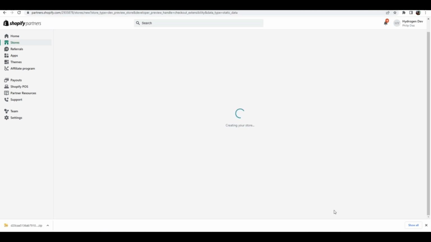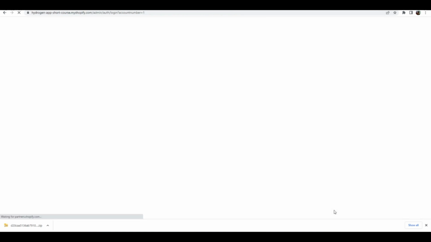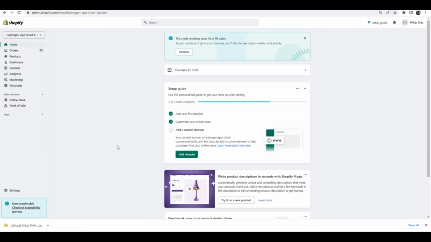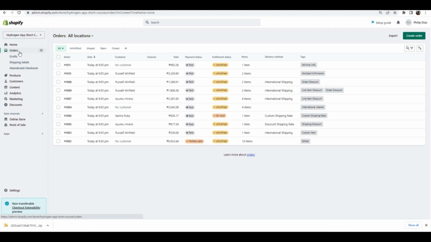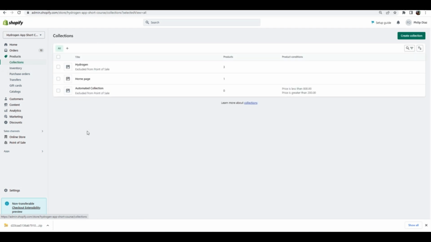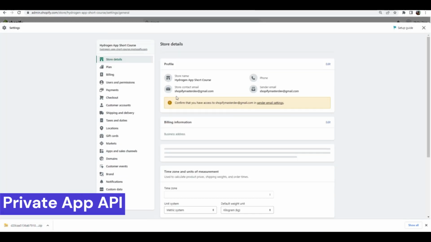Okay, in just a few moments, it will have completely created our first development store. All right. So here, if we check, I think there are already added orders, products, and snowboard collections. I think this is the most important part, that you don't have to create them, just to test your store, whatever things for the developers. Okay, now let's proceed to create our private app